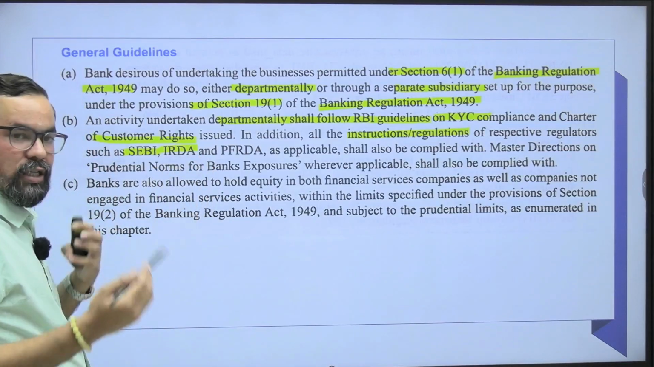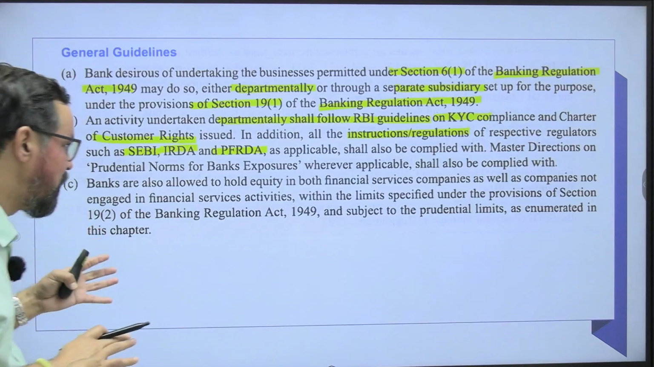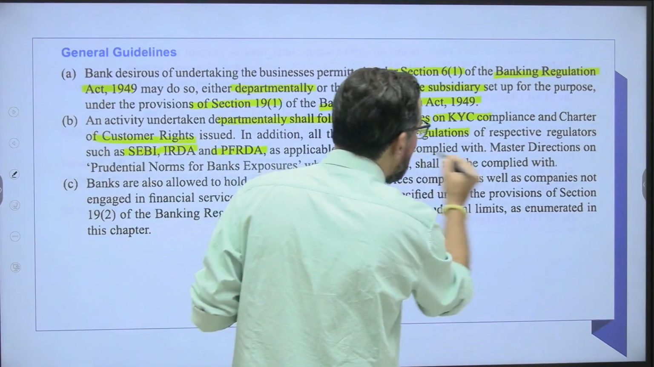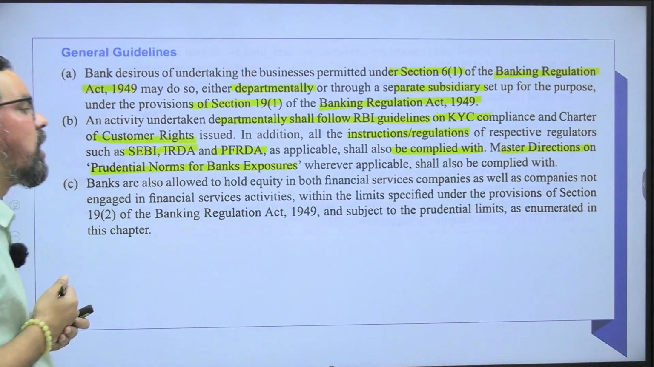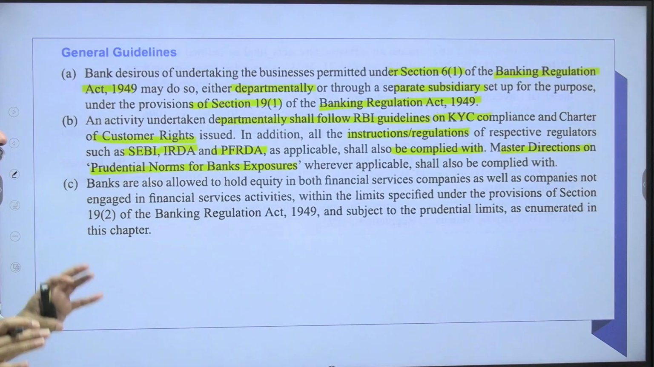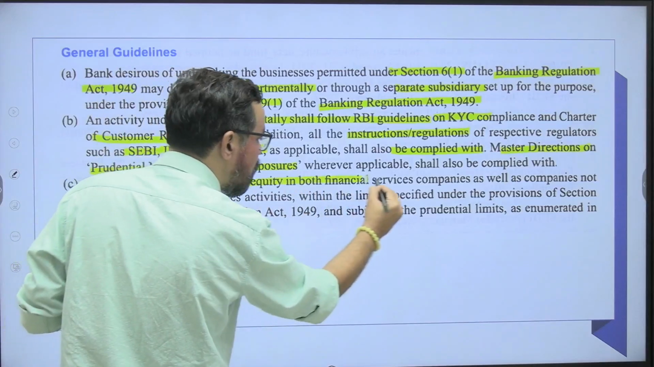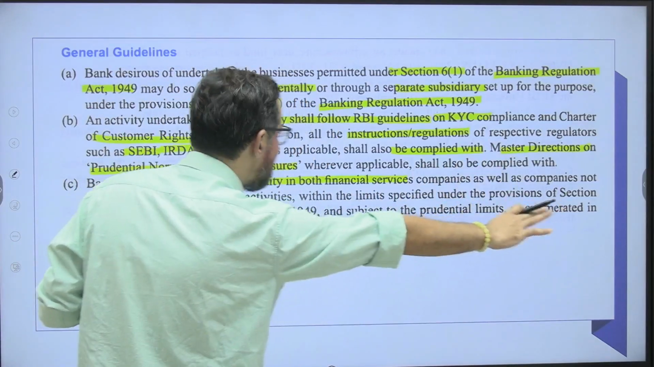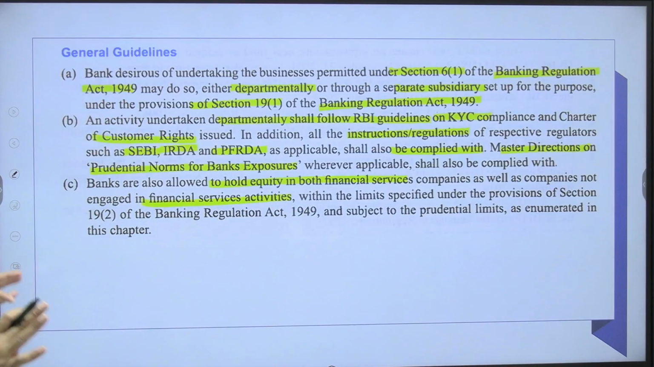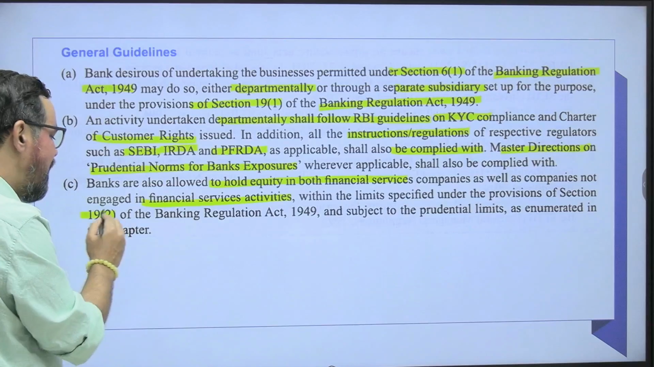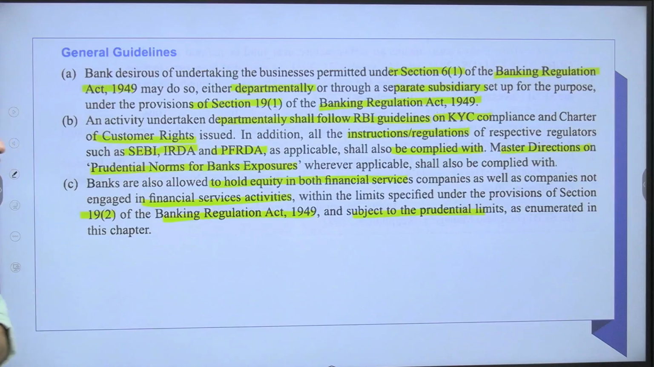If you are part of insurance business, IRDA. If you are part of pension business, you have to follow the guidelines of PFRDA as applicable, shall also be complied with. Master direction on prudential norms of banking exposures, wherever applicable, shall also be complied with. Banks are also allowed to hold equity in both financial services companies as well as companies not engaged in financial services activities within the limit specified under provision of section 19 subsection 2 of BR Act 1949, subject to prudential limits and